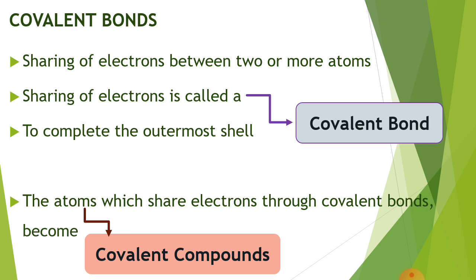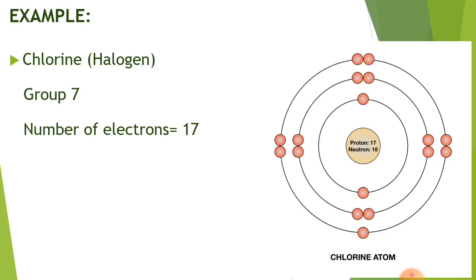The next category is covalent bonds. The sharing of electrons between 2 or more atoms forms covalent compounds. Sharing of electrons is called a covalent bond. And the reason is to complete their outermost shell. The atoms which share electrons through this type of bonding become covalent compounds. An example is